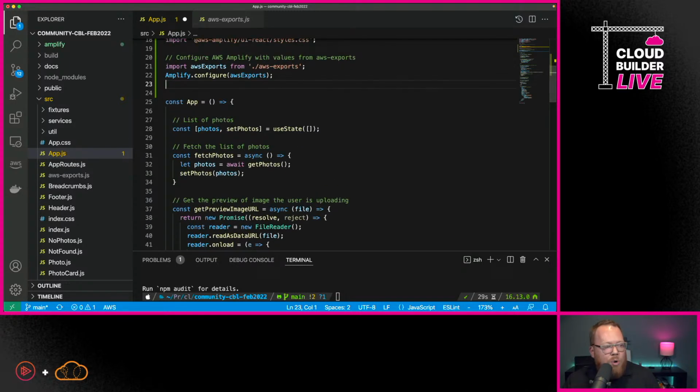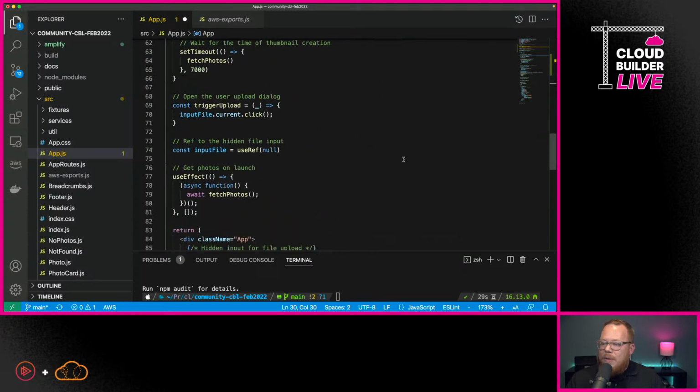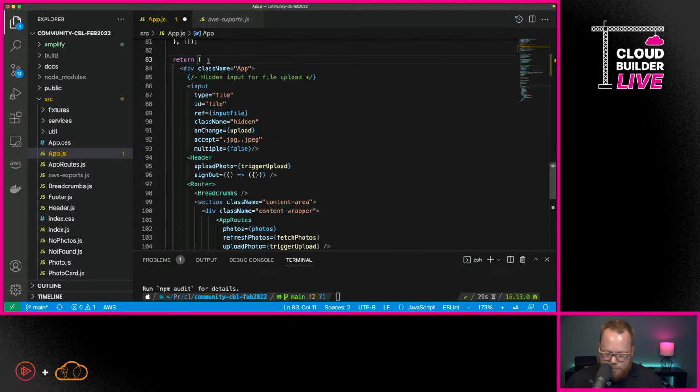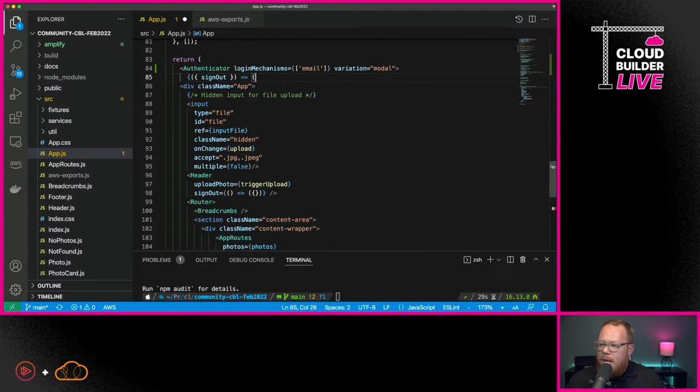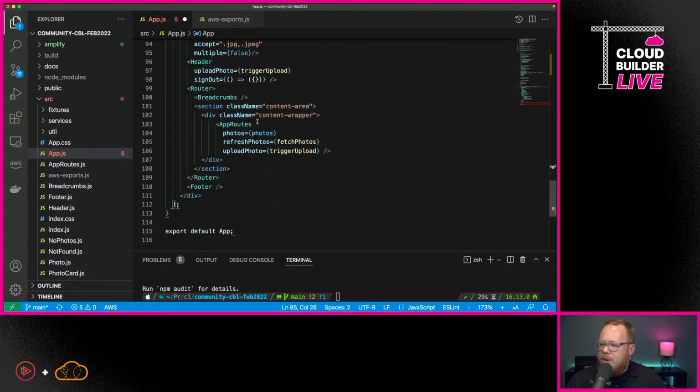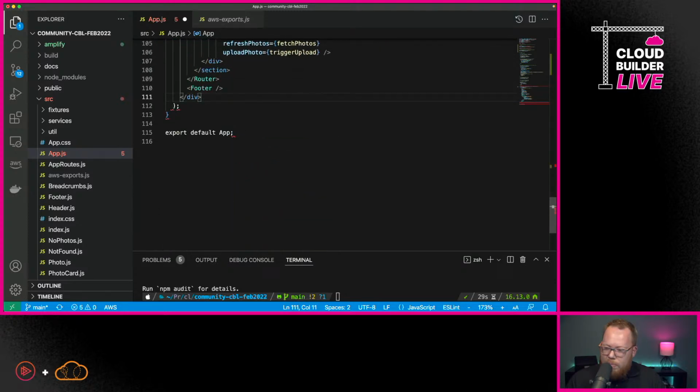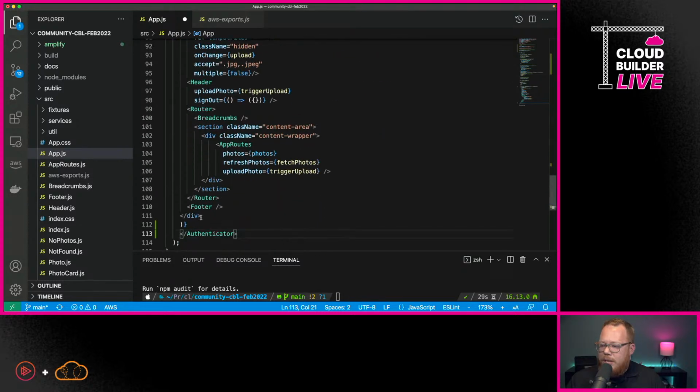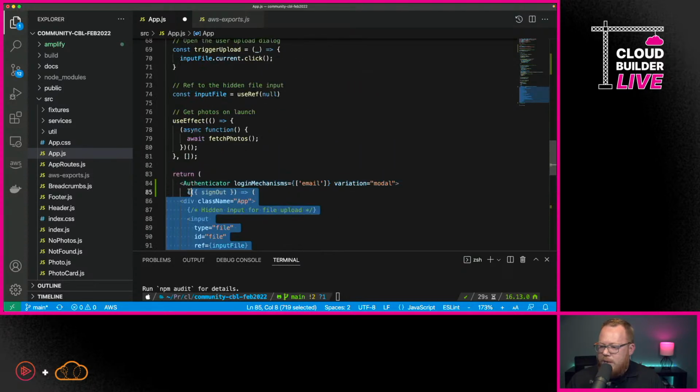Now, the next thing we're going to do after that is use this Authenticator component around our application. So here, we're going to go in and use the Authenticator component. And then I'm going to go down here below this last div and we'll close out this tag. And then I'll adjust spacing because it drives me crazy if I don't. We'll put our indent correct here.